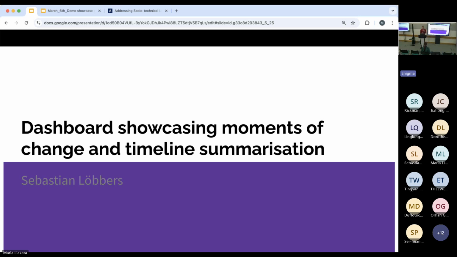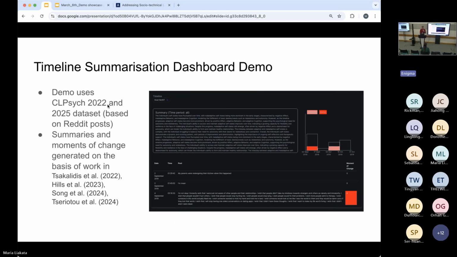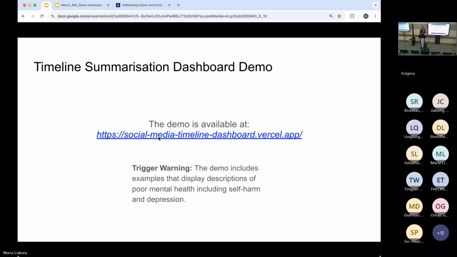I'm the research engineer on the Solve project. And yes, I've implemented a first demo of what we imagine a tool for exploring social media posts for mental health purposes could look like. The idea is that it will ultimately bring together all of these things that we have heard throughout the morning. I think I just go on to the link and,